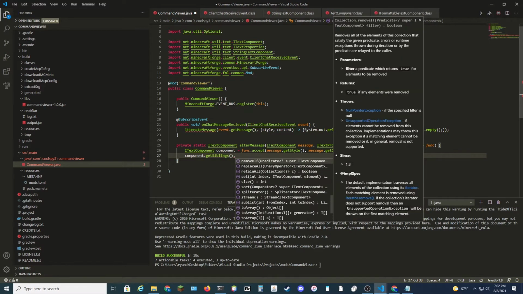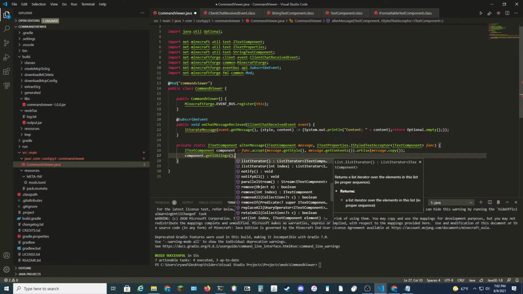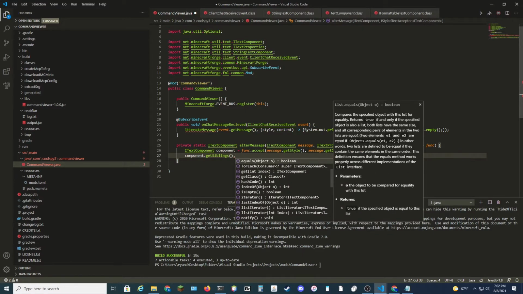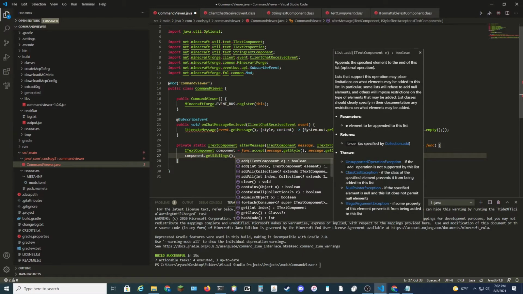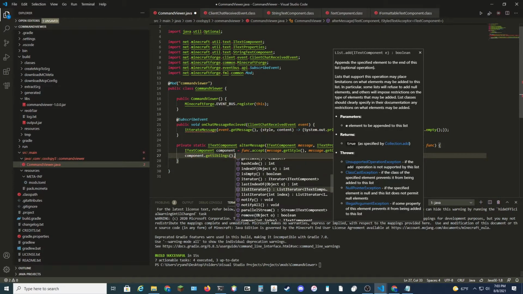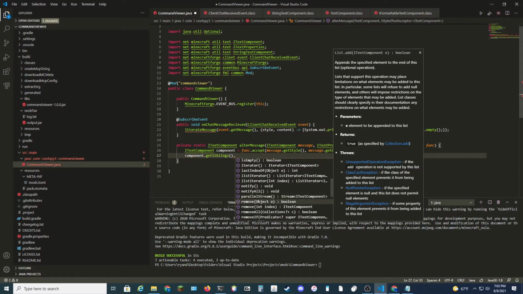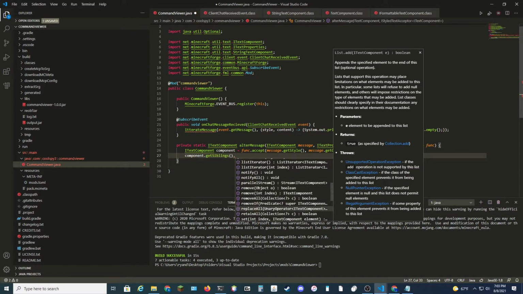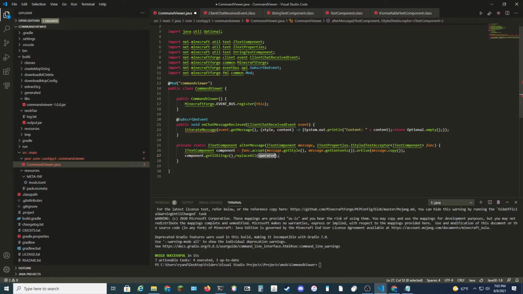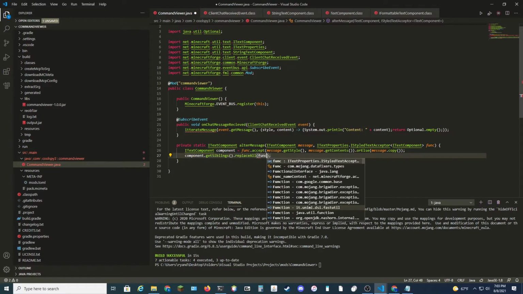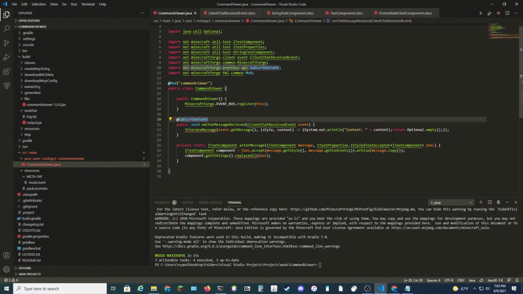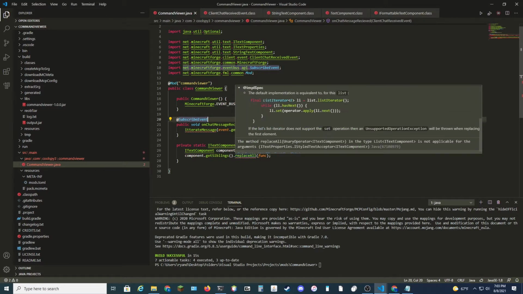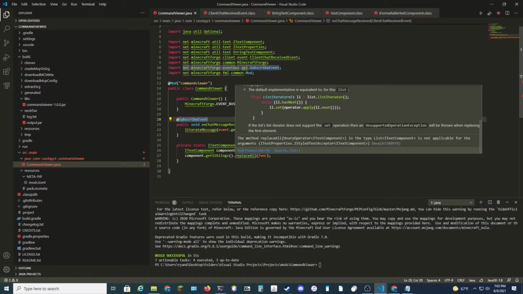New, sort, set, replace all, remove if, remove, notify list, iterator, hash code, map, for each, contains. I swear I saw a function that did what I'm thinking of. Ooh, there it is. Replace all, func. Replace all, not acceptable for style text acceptor. Oh. Well, that is because how